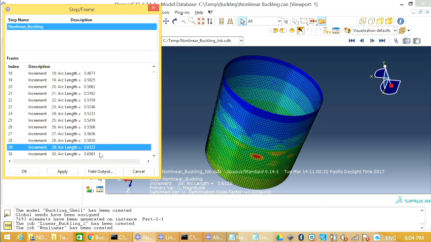So once you get there, you can plot the LPF factor, that is the load proportionality factor. That is nothing else but a ratio between the load applied and the load at the structure buckle without any load applied, right? So to do that, you just need to